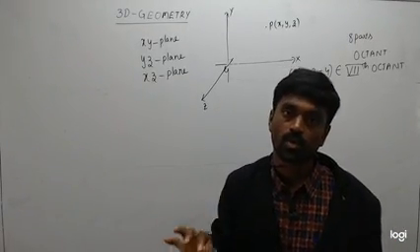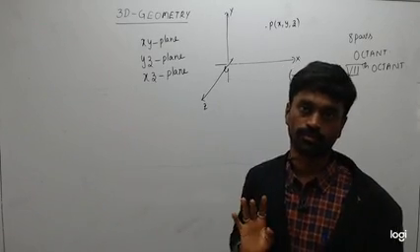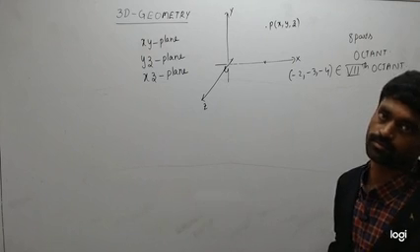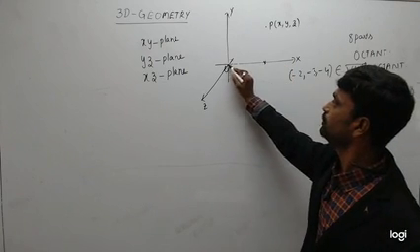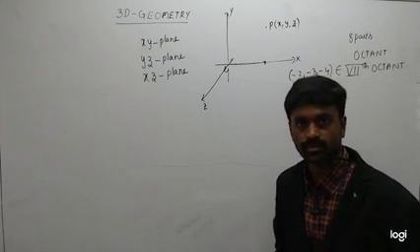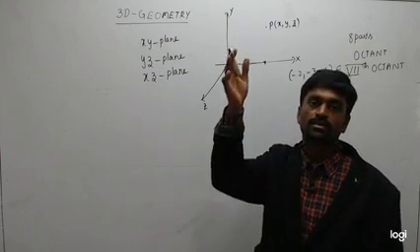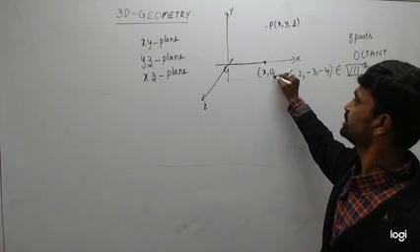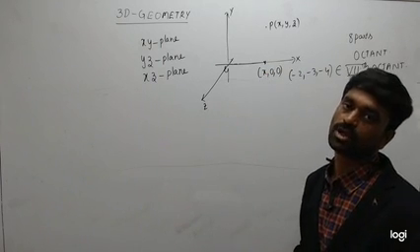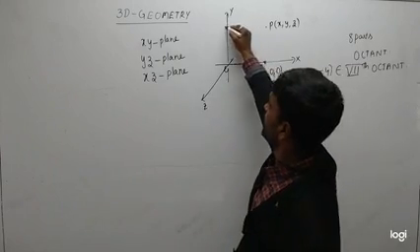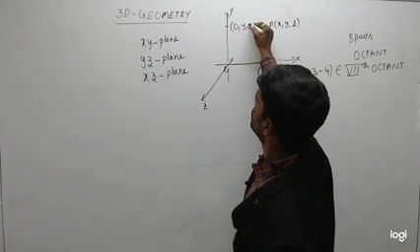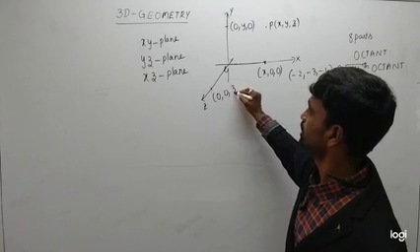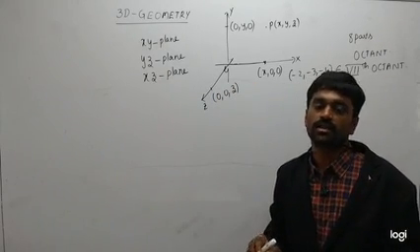The y and z coordinates of any point on the x-axis are 0. Now, what if a point is on the x-axis? To get this point, I have to move x units along the x-axis only. I'm not moving along the y-axis direction or the z-axis direction. That means any point on the x-axis is in the form (x, 0, 0). Similarly, on the y-axis, (0, y, 0). Similarly, on the z-axis, any point will be in the form (0, 0, z). Here x, y, z are some variables.